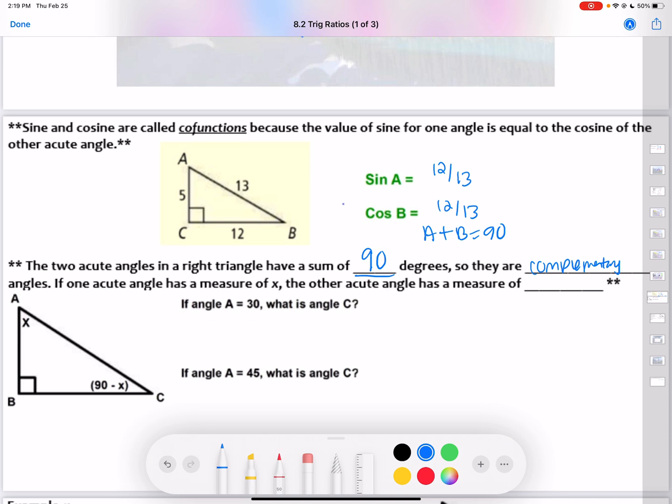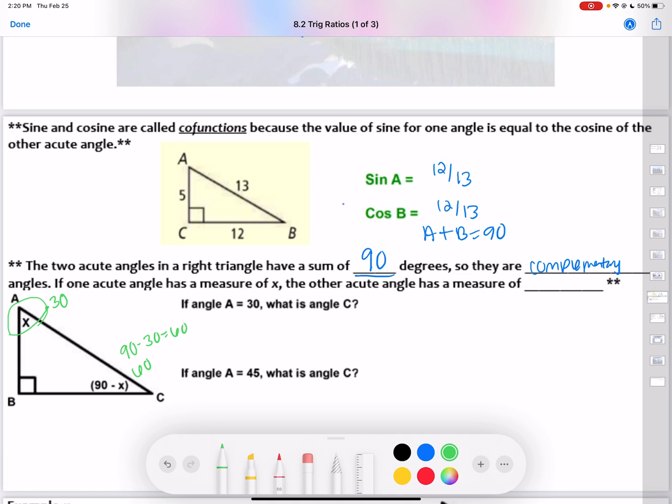So if we let one of the angles be x, let's give it a specific case. If this angle is 60, we know the other one would have to be 30. If it's 30, the other one would have to be 60. And the reason we knew that is because 90 minus 30 gives us 60. So if we want a generic case, if x is A, then that means